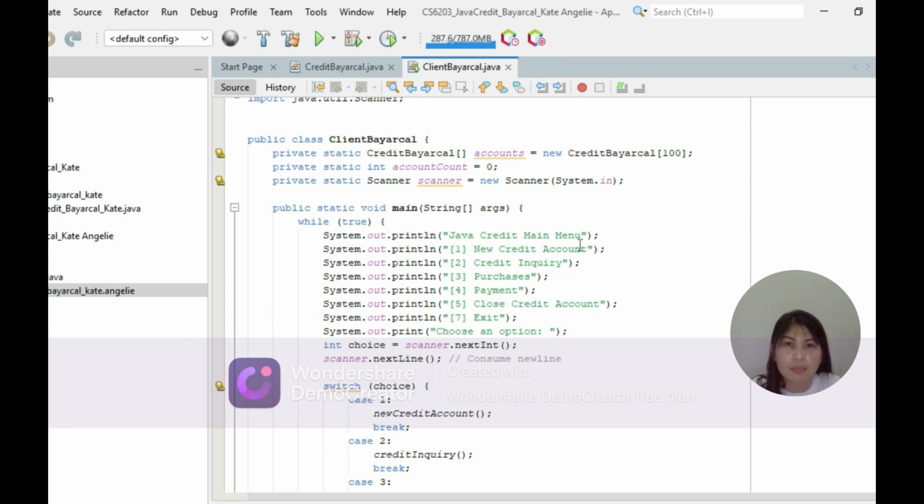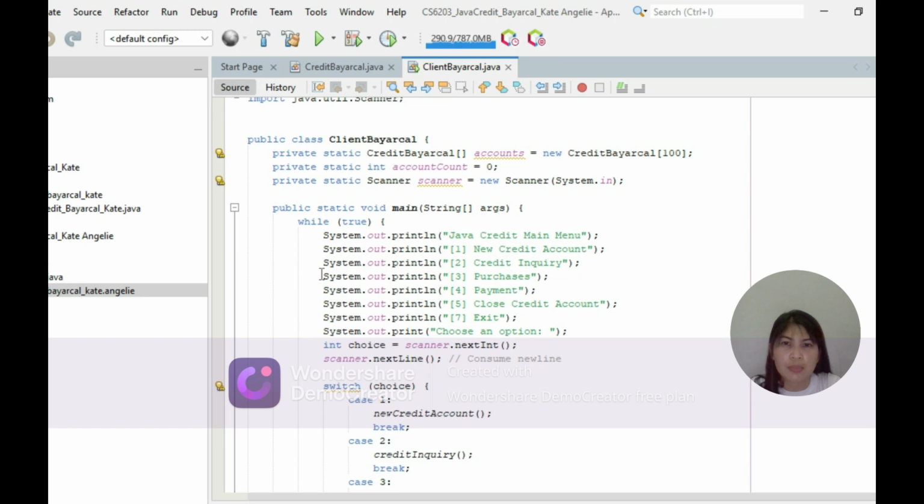If you choose the main menu like new credit account, so I input System.out.println and then open parenthesis, option 1 is the new credit account, and then close quote, close parenthesis and then the semicolon.